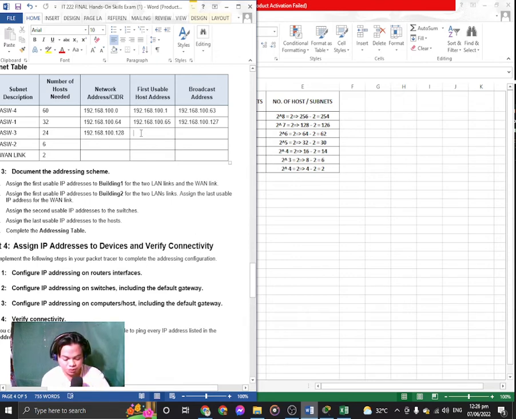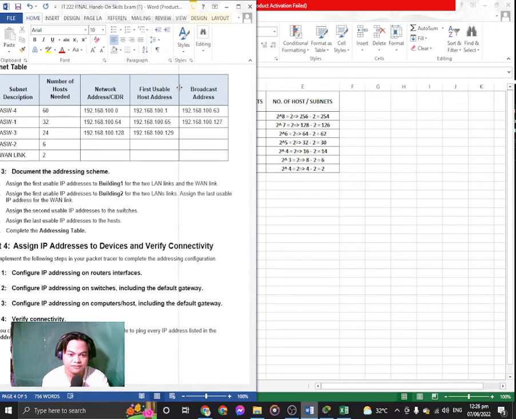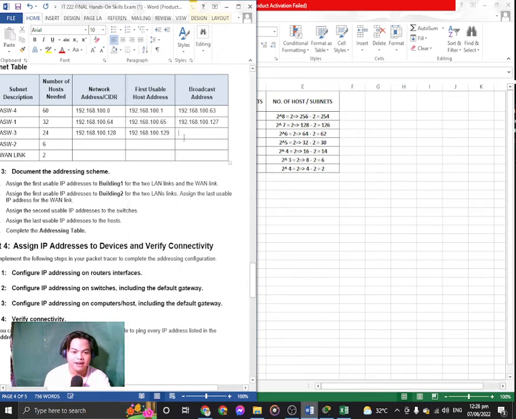So dito na tayo sa switch 3. So we have 192.168.100.128, and then expected that the first usable address is 192.168.100.129. Okay. Adjust muna natin para hindi siya maputol. Okay,